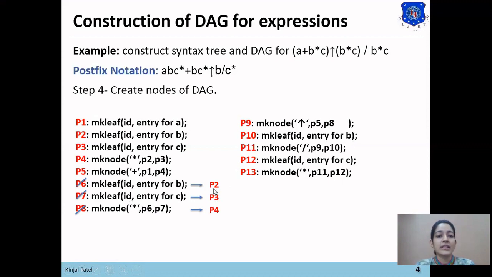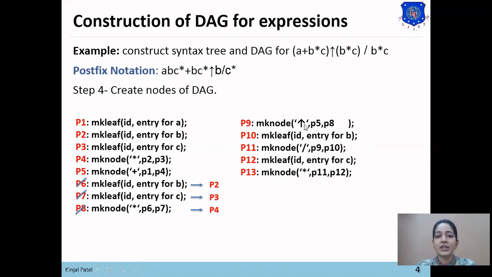Okay, so this function has been renamed as P2, P3 and P4. Now in this node, wherever P6, P7, P8 comes in the function, we need to rename that function to P2, P3, P4 instead of P6, P7, P8.